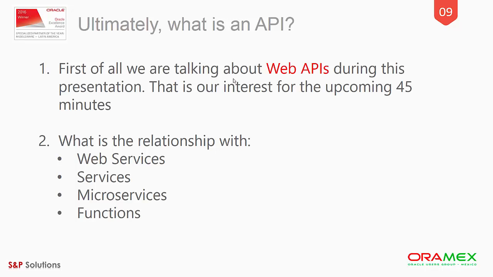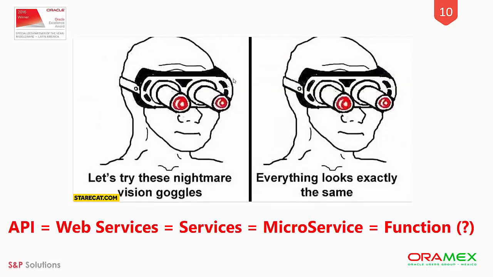If we focus on the technical side of the house, then definitely there are some similarities with those concepts. And yes, we can say that, because of the HTTP protocol or the web services standards, if we are exposing something to the external world that was previously developed by us as a service, we can call that an API, that is true. And we can say that those things look alike, but they are not generated for the same purpose.